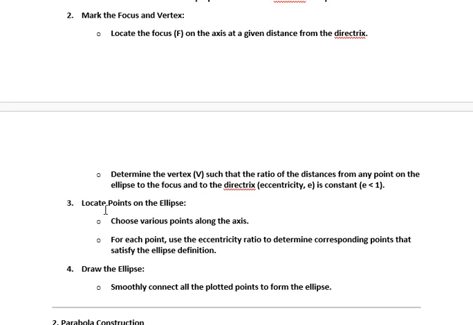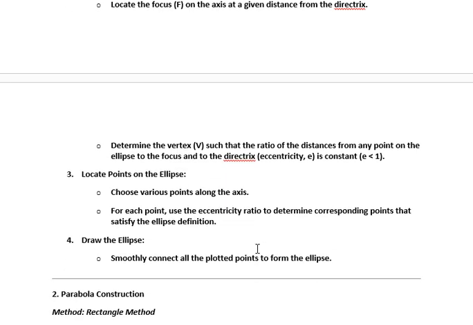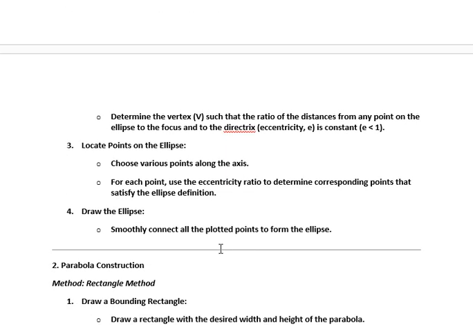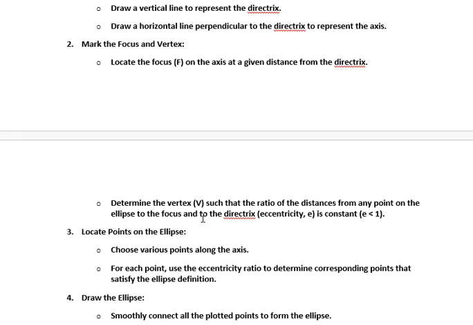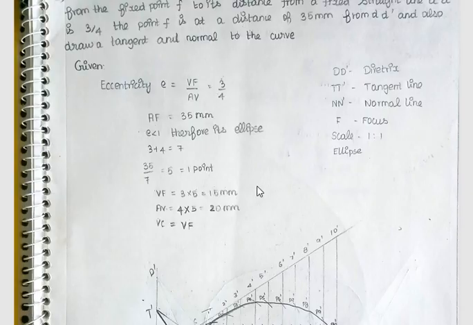Then locate points on the ellipse. Choose various points along the axis. For each point, use the eccentricity ratio to determine corresponding points that satisfy the ellipse definition. Then draw the ellipse. Smoothly connect all the plotted points to form the ellipse. Okay, so this is the procedure one has to follow. So, for example,